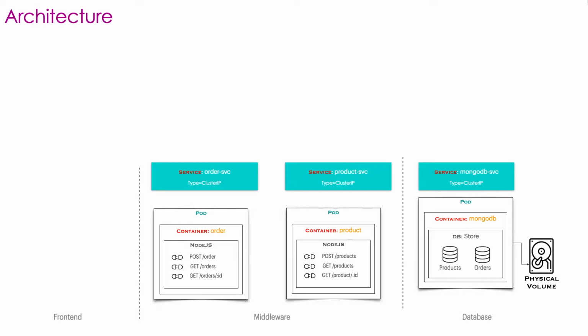As you can see, we have split our middleware into multiple smaller applications. We have a separate application for orders and a separate application for products. This is one of the ideas behind setting up microservices. So instead of creating one monolithic app with all kinds of services, we are now able to separate each individual component into a separate app. The high level architecture of each of these middleware applications looks exactly the same.